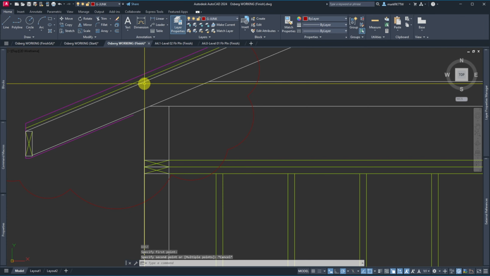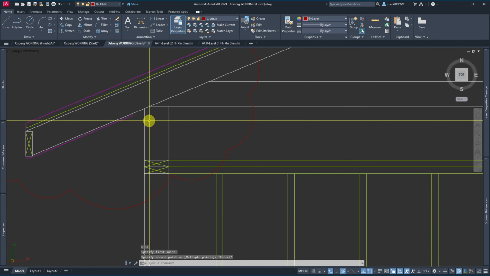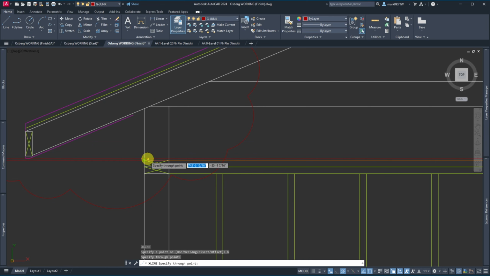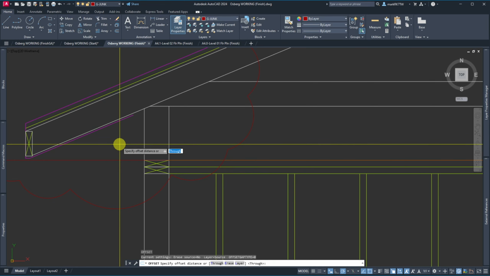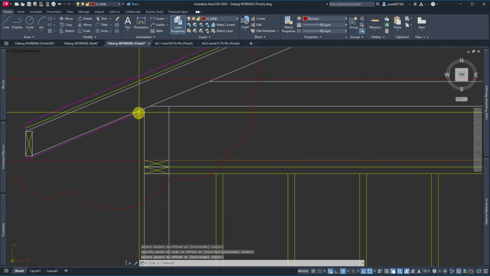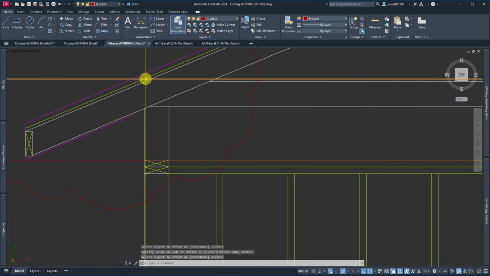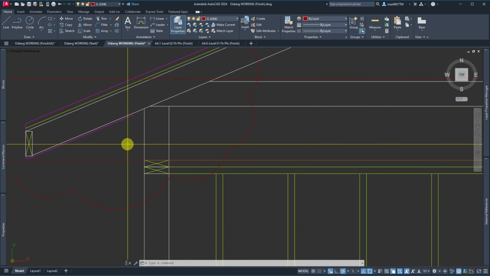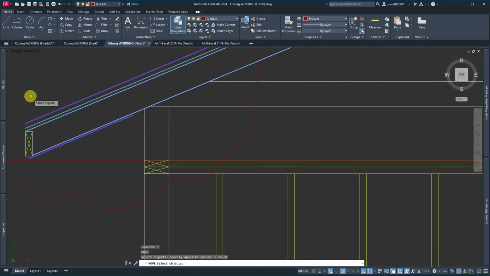So what I'd like to do is make that a nice number of a true 18 inches. So if I do an X line, make it horizontal, drop it here, and then offset it 18, then when I tell the manufacturer I want my energy heel to be 18 inches, they will know that I want this at that level. And so first thing I'm going to do is grab this guy,